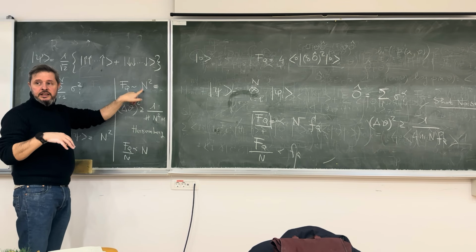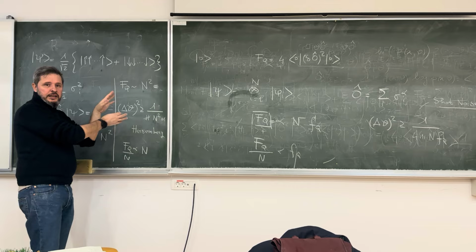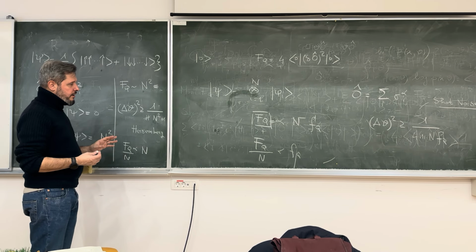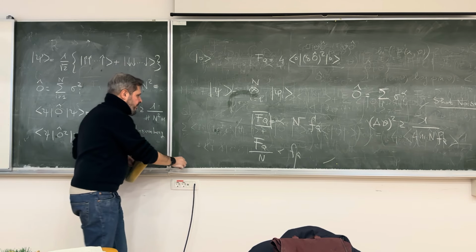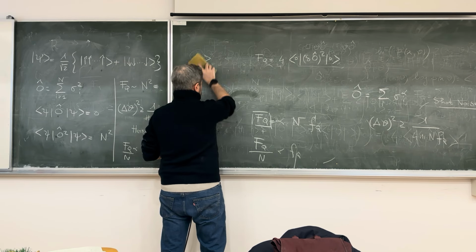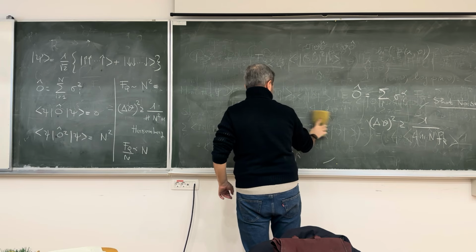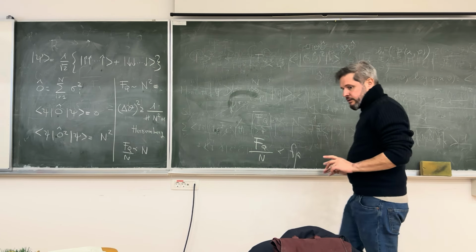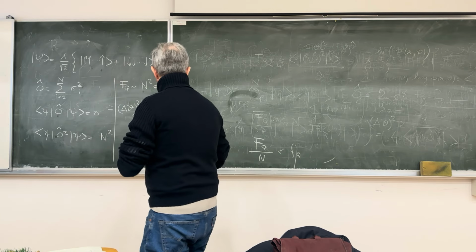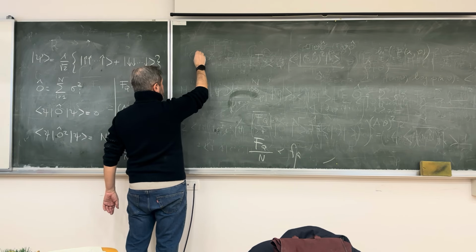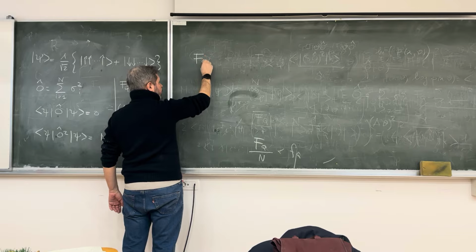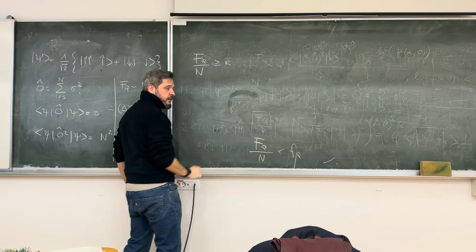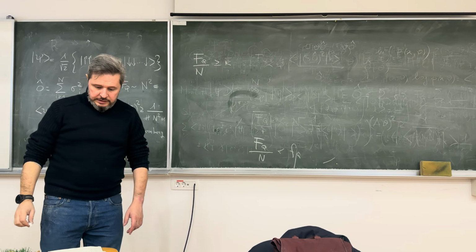And this is something that is actually a bit more deep than these two examples. There is a sort of, I can call it a theorem if you want. You can read the proof in Pezzè's paper. It tells that if my Fisher information density is greater than or equal to k, then,